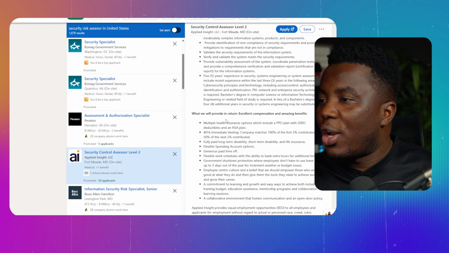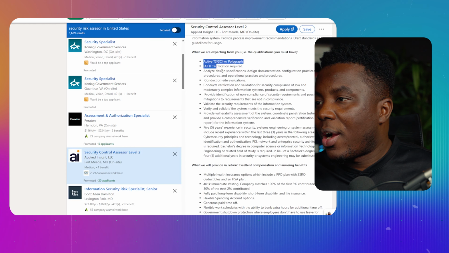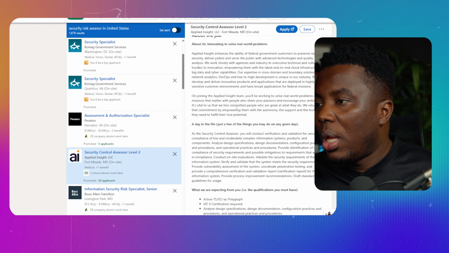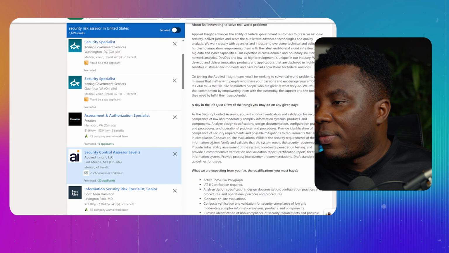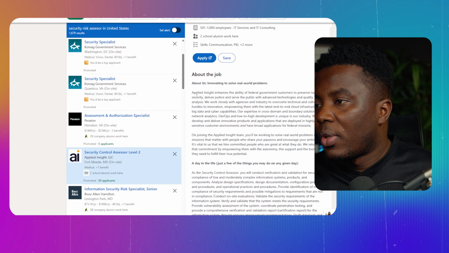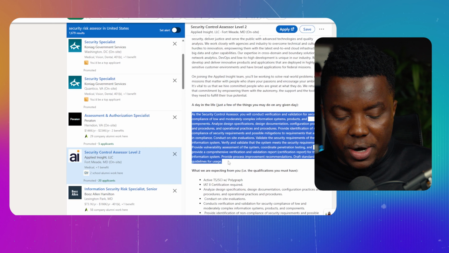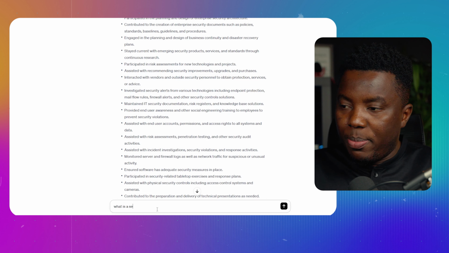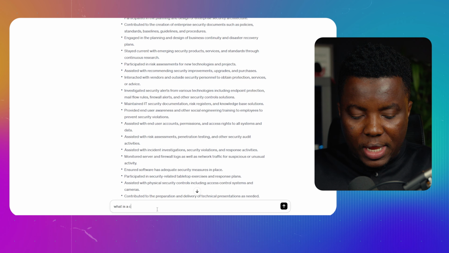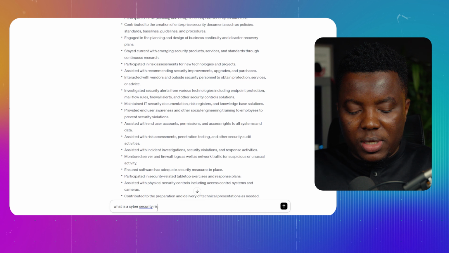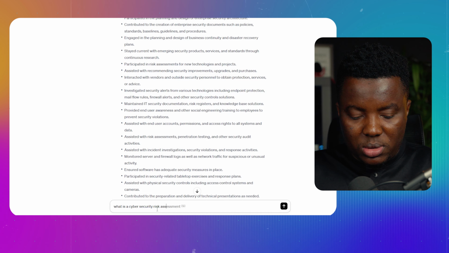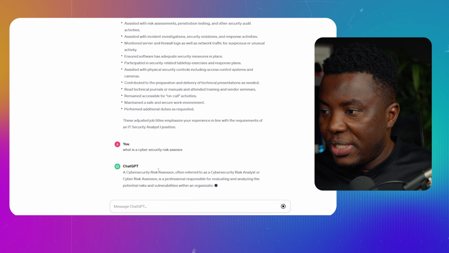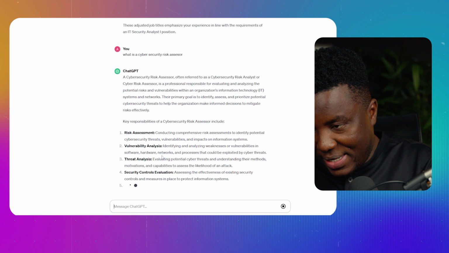So what I'm gonna do is I am gonna go ahead and actually copy all, no, these are the requirements. Let me see, what will we provide in return? At the end of life, a security assessor, you conduct verification. Okay, so what I'm gonna do is I'm gonna copy this one here, all right? And I'm gonna go over to ChatGPT and I'll ask, what is a cybersecurity risk assessor? I can't even spell. So if I ask ChatGPT the question and ChatGPT understands what it is,